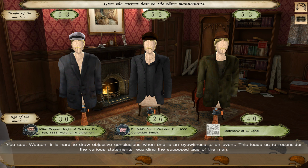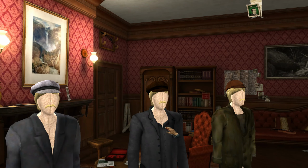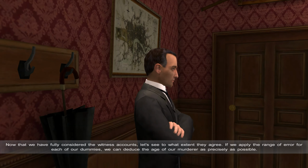This leads us to reconsider the various statements regarding the supposed age of the man. Even if you are face to face with someone in full light and for a period of several hours, to what extent can you determine their exact age? And even more so if you observe them for only a few seconds and or from behind. We must allow some flexibility when considering our witnesses' statements, but always scientific flexibility. Alright. Now that we have fully considered the witness accounts,